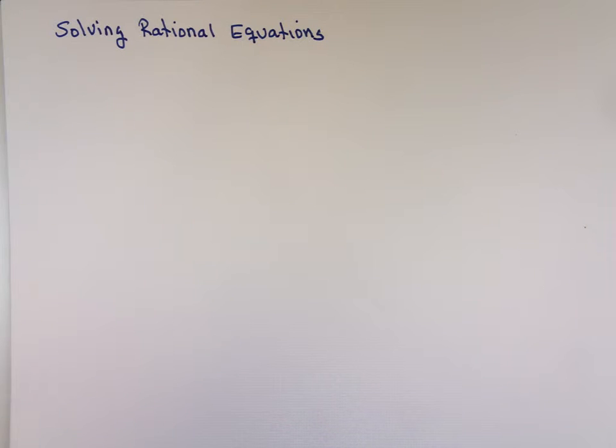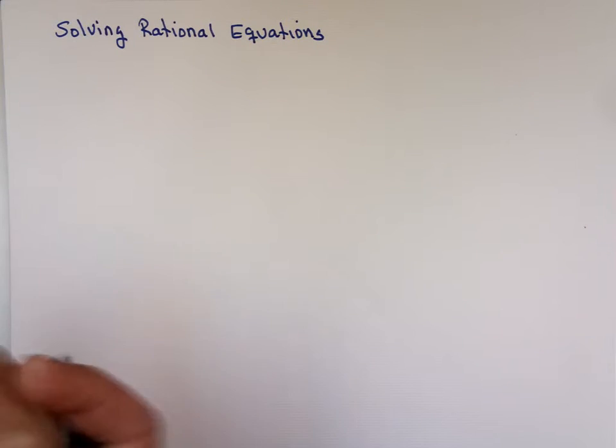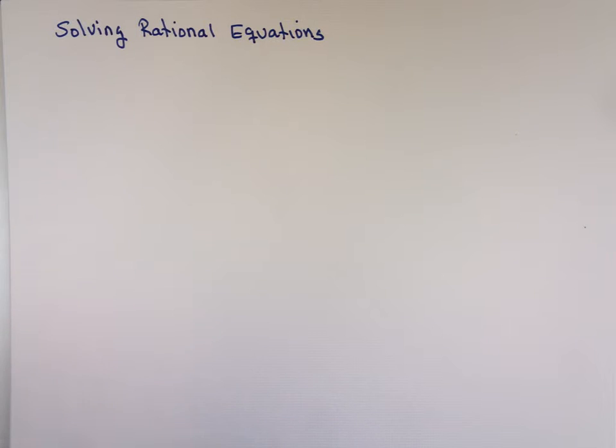Let's look at solving rational equations. A rational equation is an equation that has fractions, and sometimes the fractions have variables in the top or in the bottom. So an example like this: solve